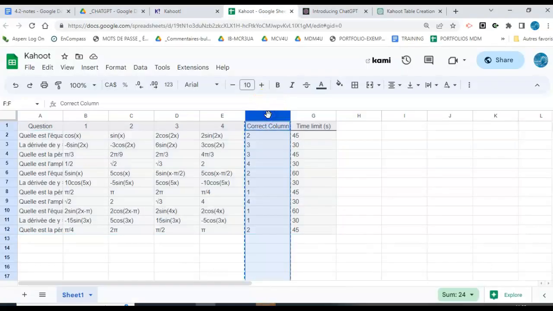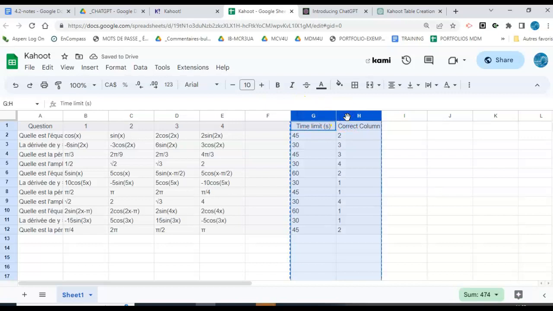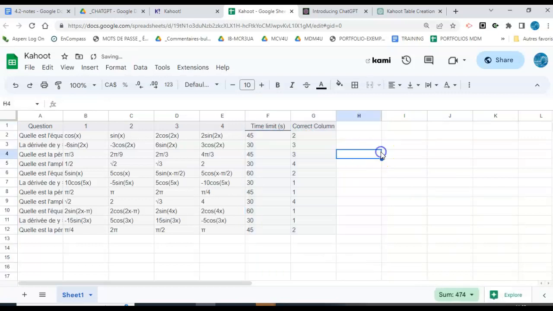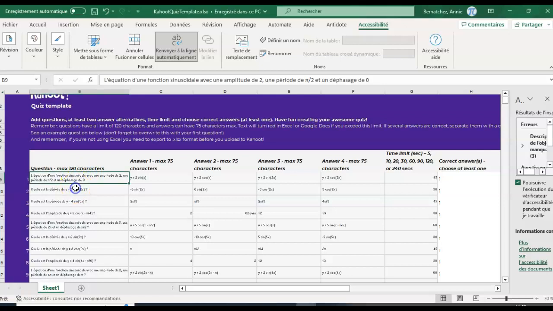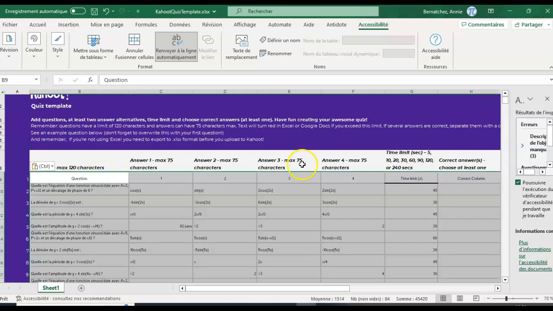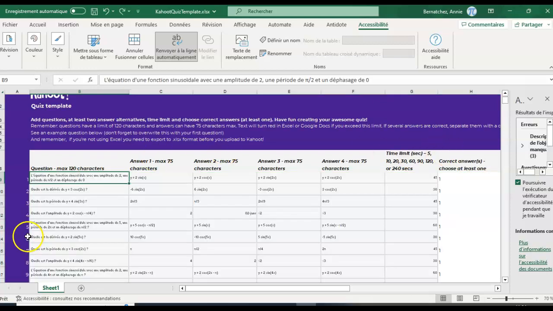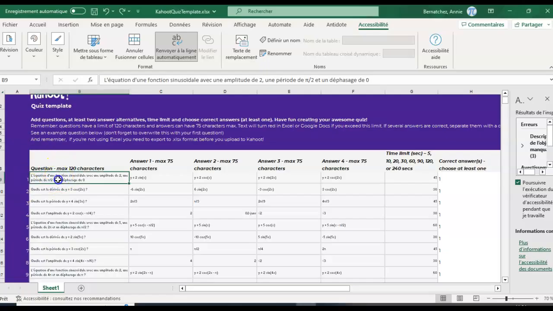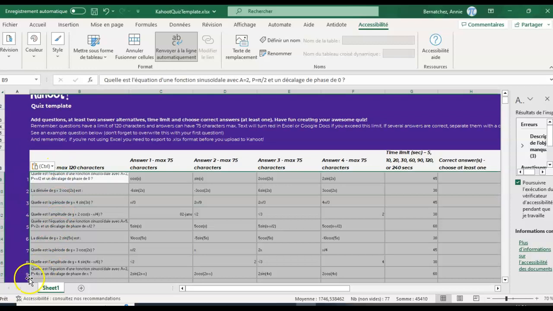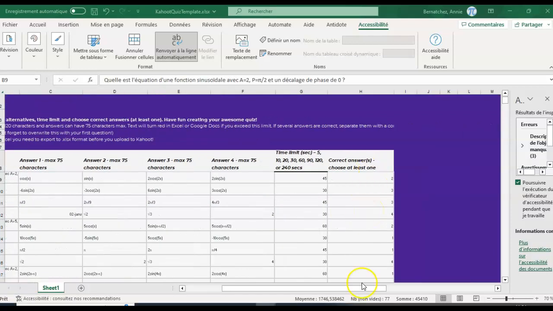So I've pasted the new column here. I'm just going to switch them up. Next time I will ask ChatGPT to give me the correct order of columns that the default Kahoot wants. And here we have it. So now I'm going to copy this into the template. And so it should, if I select the first cell of answers here, I cut, it should overwrite what I had. I didn't want to copy the header, so I'm going to undo, select only the content, and paste. So I can see I have everything here,